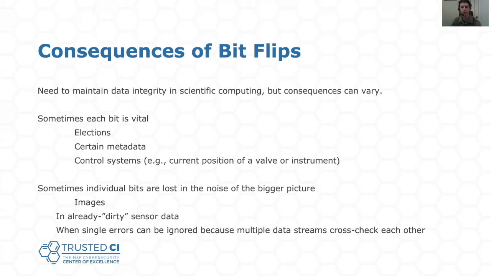Since most science data contains noise, scientists are used to discarding certain types of outliers as inconsequential. A good example is image data, which can frequently contain distortions or other anomalies regardless of flipped bits. Alternatively, for a set of time series events, there's an assumption that if you don't have every single point, or some individual point is off, as is frequently the case with sensor data, you just throw the point away. Or in situations where there are already multiple data streams collecting that cross-validate each other, the flip of a single bit, or even a small handful of bits, is also lost in the noise.